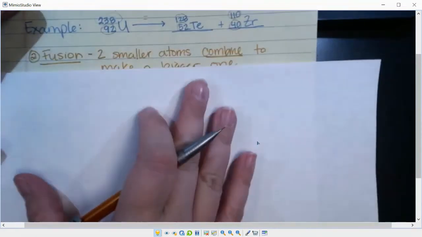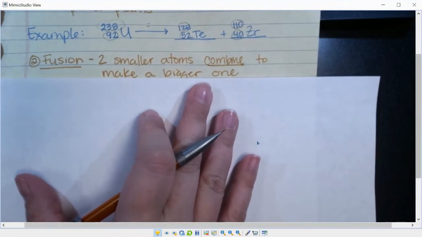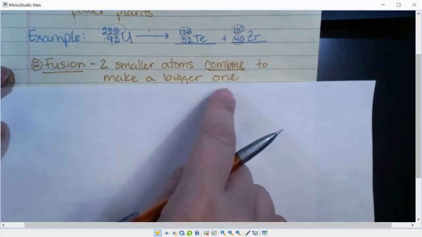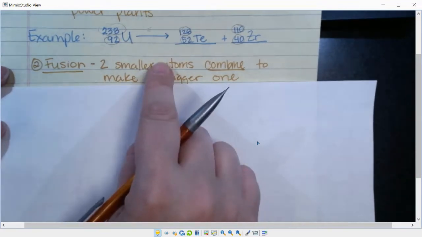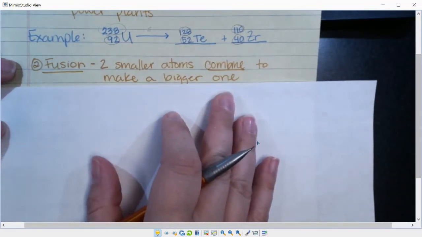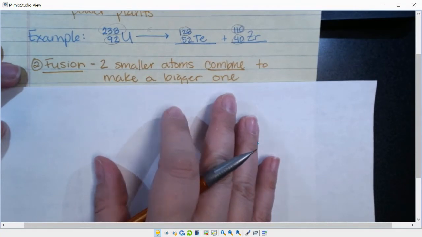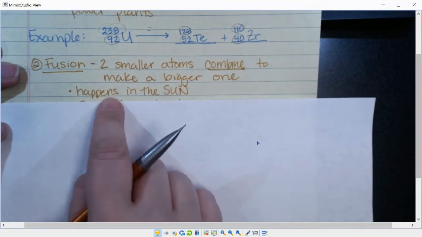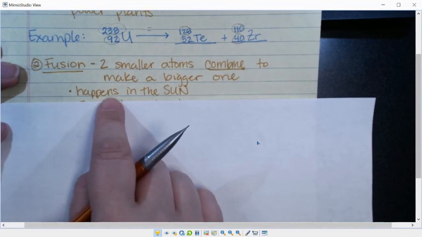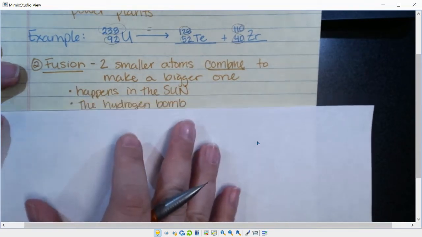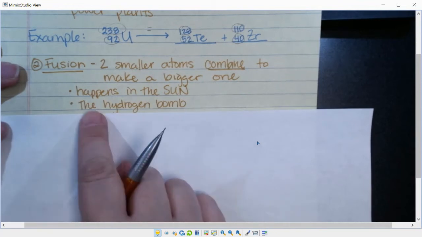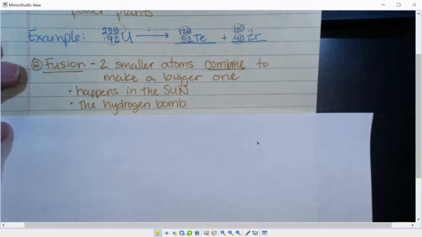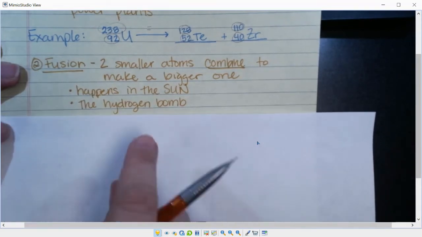The second type is essentially the opposite of fission. This is called fusion. This is where two smaller atoms combine to make a bigger one. So we take two smaller atoms, we ram them into each other. There's a lot of energy produced in that process, and then we end up with something larger. This is something that occurs naturally. This is what happens in stars or in the sun. If we could harness the energy of this, this is how we would produce a hydrogen bomb, a very, very